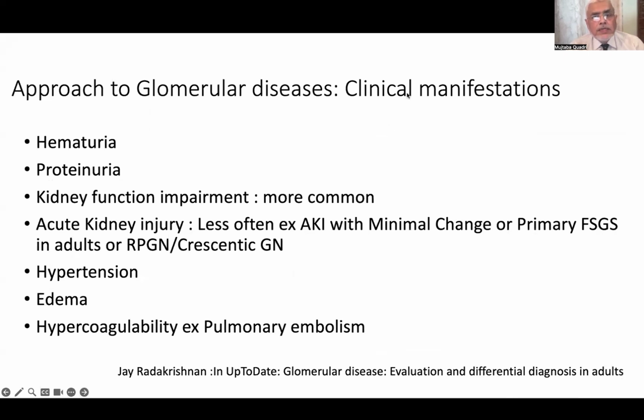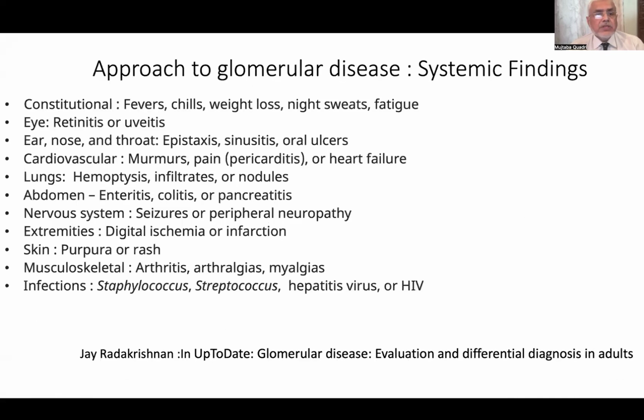So normally clinical manifestations, well, we all understand we can present with hematuria, proteinuria, renal function impairment, acute kidney injuries, less often, but can occur with minimal change or primary FSGS, or of course with rapidly progressive glomerulonephritis. You can have hypertension, edema, hypercoagulability, or somebody can present with pulmonary embolism, for instance. But you can also have systemic features. For instance, constitutionally, we could have fevers, chills, weight loss, night sweats, fatigue, and deep-seated abscesses, for instance, staph, or